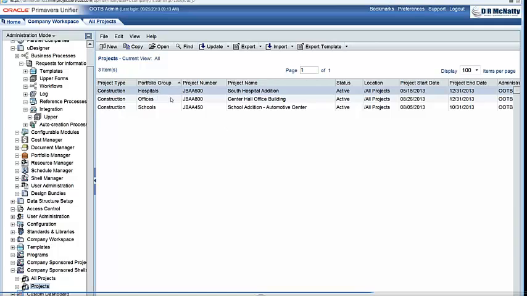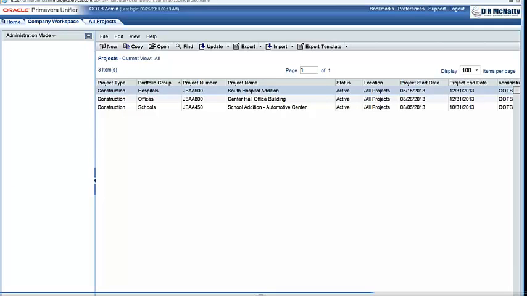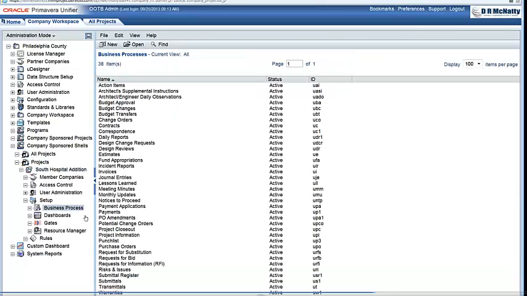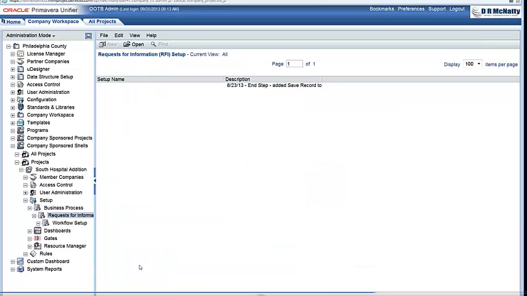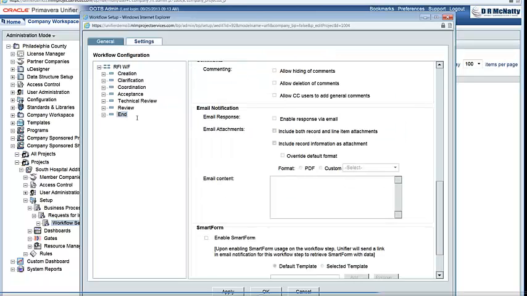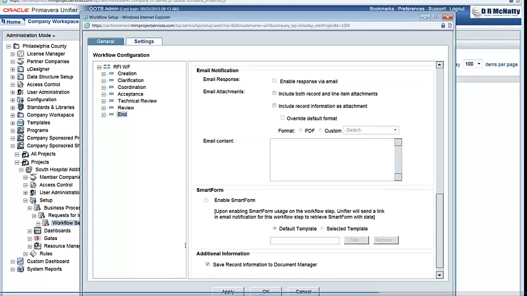Just choosing the hospital project, select the business process setup for the RFI, and choose the workflow setup, because that's what we have associated with the business process. Yep. We have included in the end steps of this workflow the RFI.